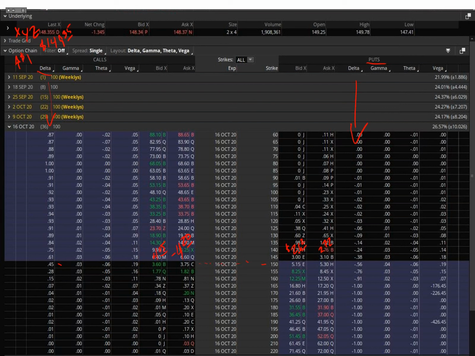Now, one thing I forgot to say: on a dollar move lower, think about it as if it moved down $1, a negative plus a positive delta would make this a negative delta to the premium. So those would lose. And if we move down by $1, a negative plus a negative delta is a positive delta. So that would then add into those premiums. Very important to understand that as we are going to be talking specifically about puts, that we need to understand how those deltas are going to be affecting our premiums there.